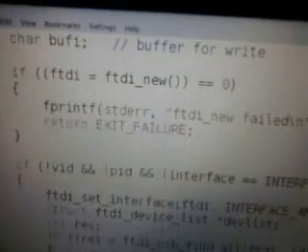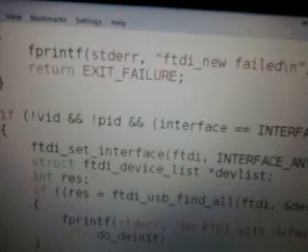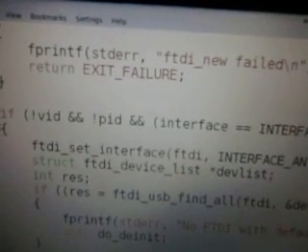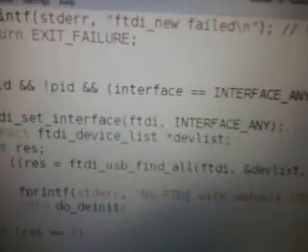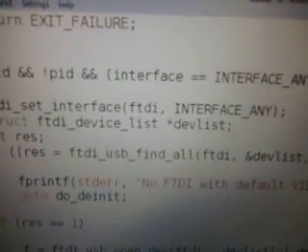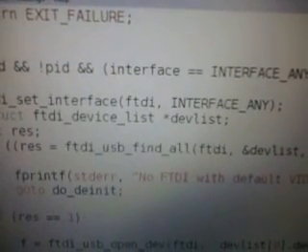These are the APIs which I used in my program, like ftdi_set_interface. It will interface any device. Here I have written interface any, which means it will interface any USB device.